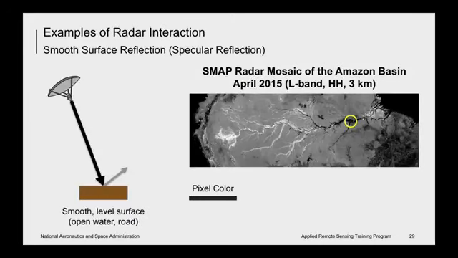So these next couple of examples show the different scattering mechanisms discussed. And this example shows specular reflection. The image on the right is a mosaic of the Amazon basin from the SMAP radar, which you saw earlier. And this is an L-band radar. And the yellow circle delineates an area of specular reflection, which is open water and is part of the Amazon